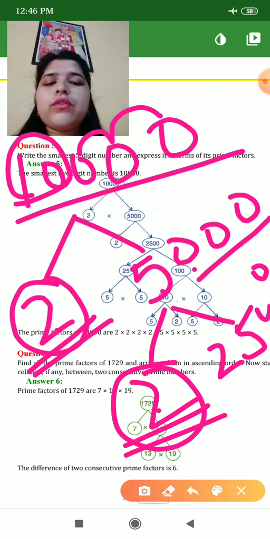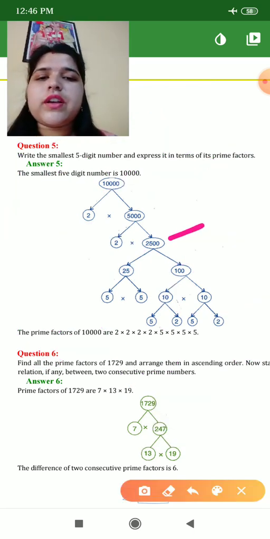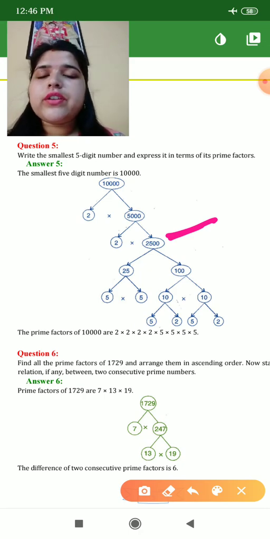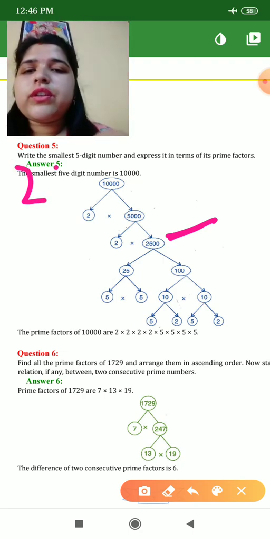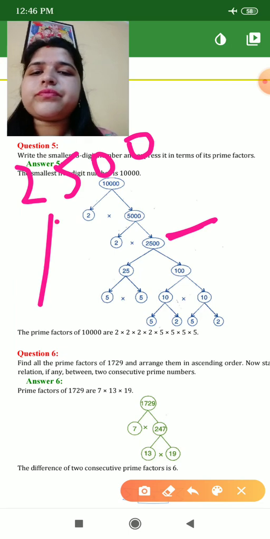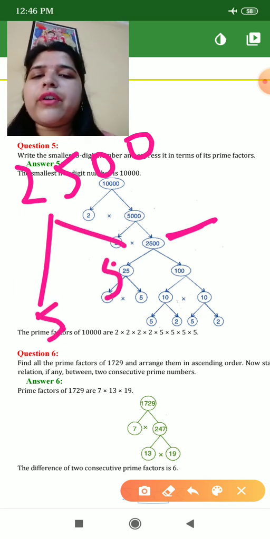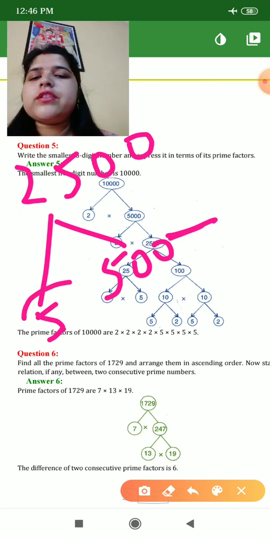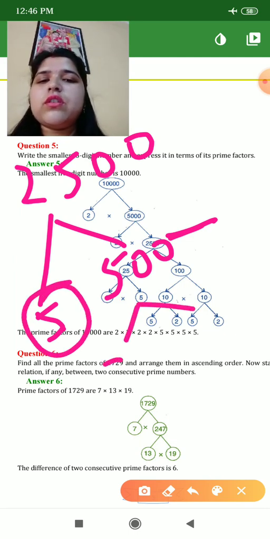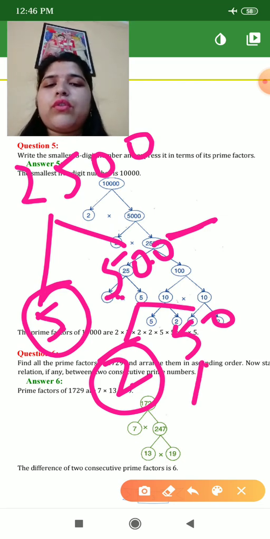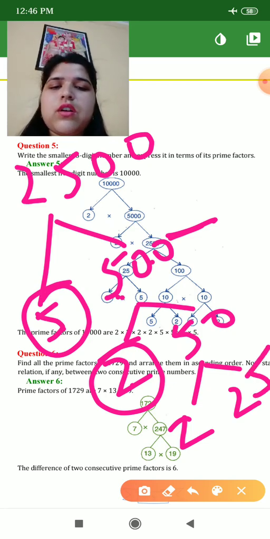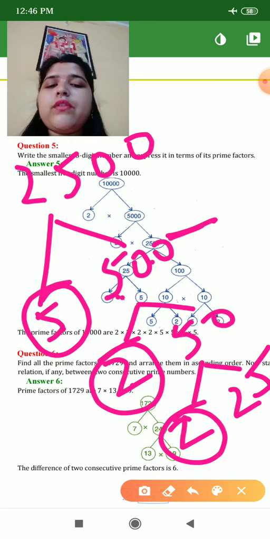Now we will go for 25. You can see here, this 2500. So 2500 goes in the table of 5 and also in the table of 25. Let's do it with 5. 5 5 ja 25, the 2 zeros will come, and it is a prime number, it will stop here. Now we will go for this. 2 2 ja 4, 1 has come here, 2 5 ja 10, 0. Okay, now this is a prime number, we will stop here, we will go for this. 2 2 ja 4, 1 will go here, 2 5 ja 10. Then we will stop here and we will go for 25.